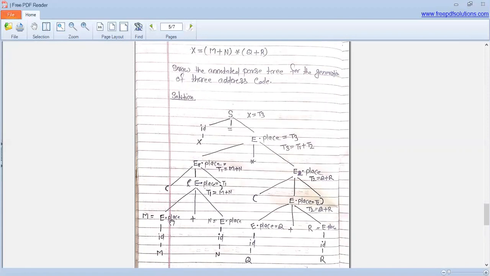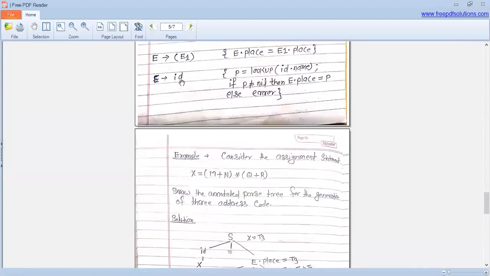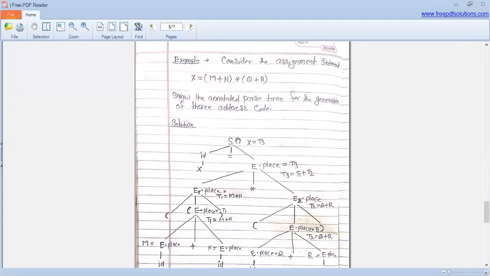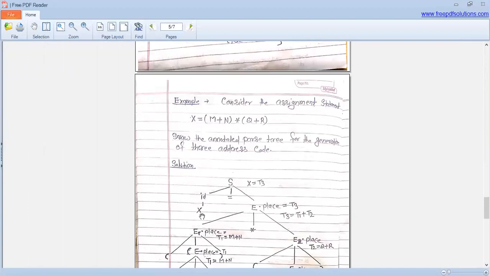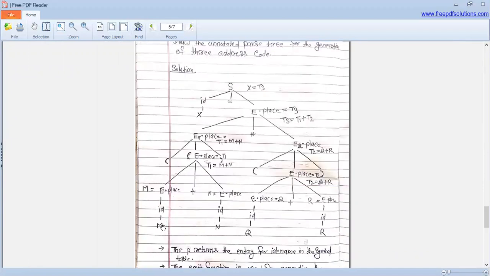And the second step is we have to evaluate this expression. So now you can apply the bottom up technique here. So here you can see ID reduced with E. So when ID is reduced with E, when we find the reduction, then we go to the semantic rules and perform the action. So here you can see the first reduction is ID reduced with capital E.